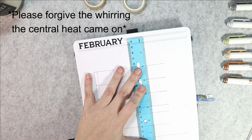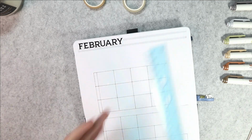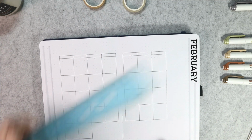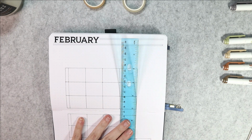So if it happens to be a month where there is an additional week, say for example, there's an additional 31st that is out of place somewhere, I can either move that,